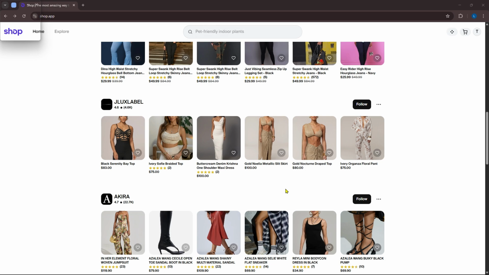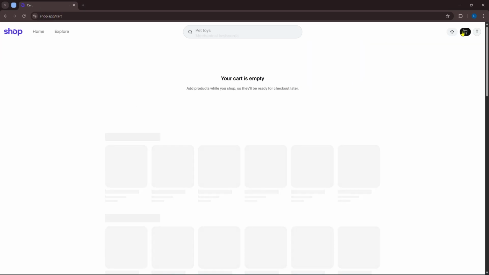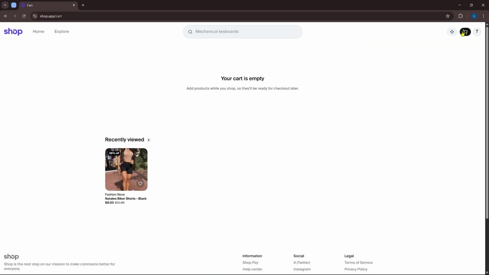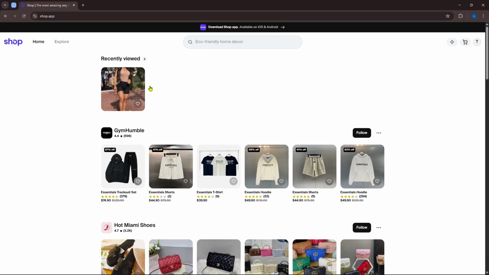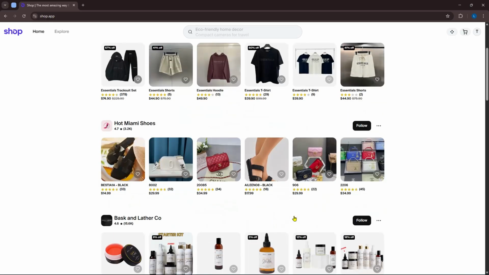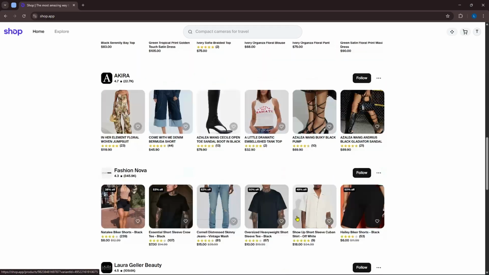Tap any order to view detailed updates including shipping status, carrier info, and estimated delivery time. If your order doesn't appear, you can also add it manually by tapping the plus icon and entering the tracking number or order details. Next, the app also sends a real-time push notification so you'll get updates the moment